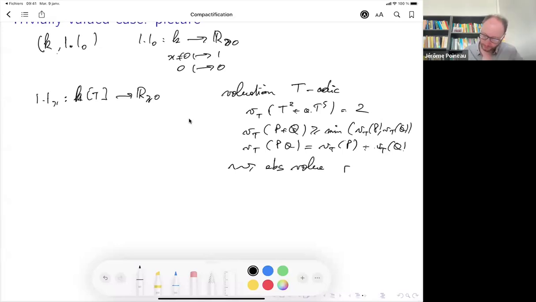You start with some real number r between 0 and 1, and you take this r to the power of the valuation, and this is an absolute value on your set of polynomials. So you see you have some normalization factor, this small r that appears here, and it gives you a continuous family of absolute values. So this is something that I can draw on my picture of a Berkovich space. So it looks like this. Maybe I put some segments, say, here.